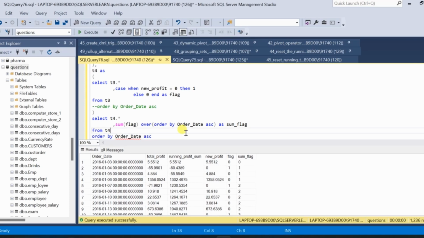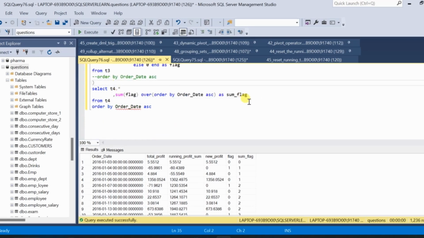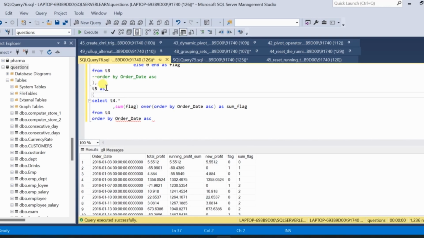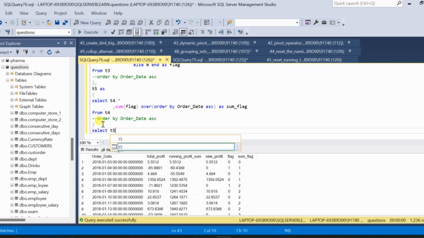Now we are going to create a running total based on the sum of flag column as a partition, and in the order by clause we are going to use the order date. So the latest query also we will put inside a CTE T5, then comment out this order by clause, select all the columns from T5 CTE,